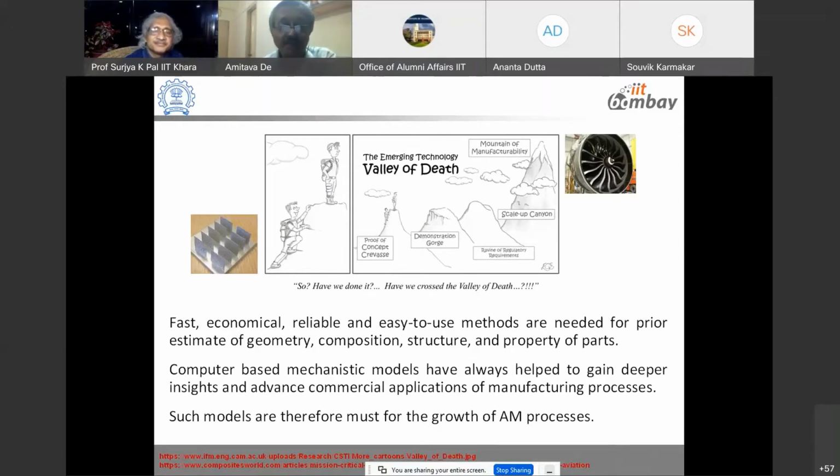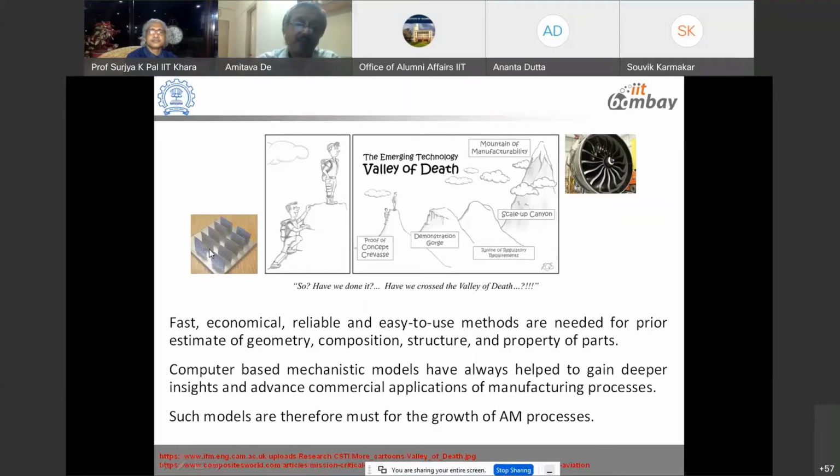This is a very common figure, you know. Somewhere we are perhaps here, as you can think of, and in front of us is a kind of valley of death. It's called emerging technology, you know. These thin walls which are deposited on a surface, as you can see, are each built from layer 1 to perhaps 10, 20, 30, 40, 60, 100 layers by using powder and perhaps laser or electron beam, we don't know. But this is where we are now very successful.